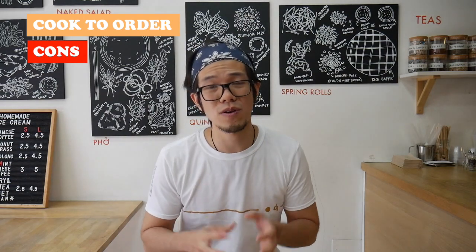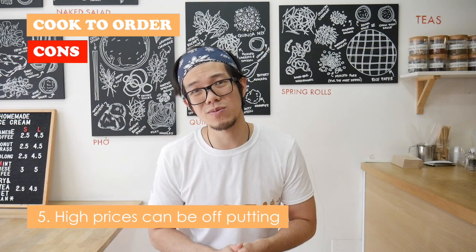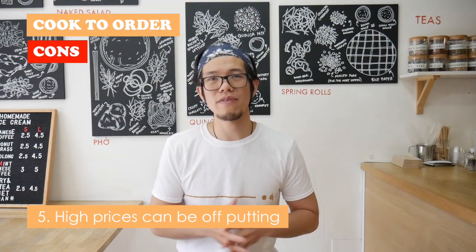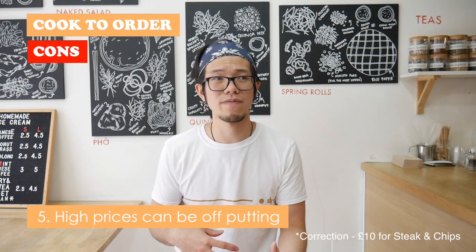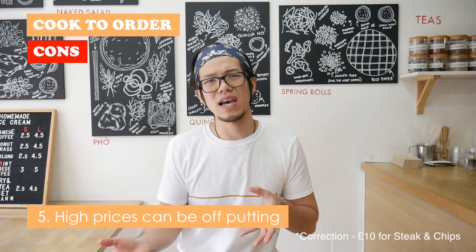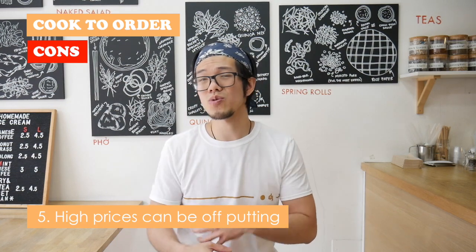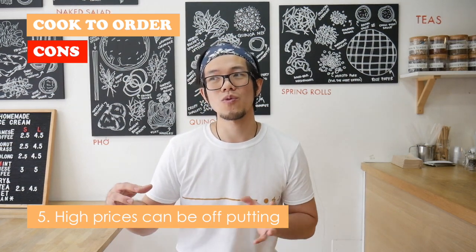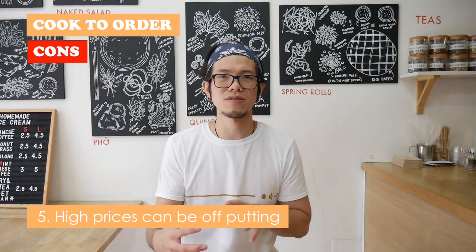Last point as well is sometimes when you charge a premium for cook to order, it can price people out. It can scare customers away. Obviously, not everyone will have the disposable income to spend on £5 worth of steak and chips than if they had like £6 to spend on a falafel wrap. So do be aware that you won't be appealing to a lot of people,